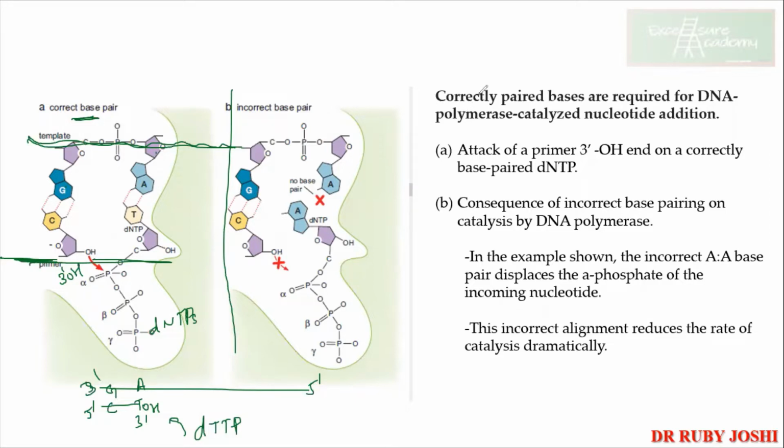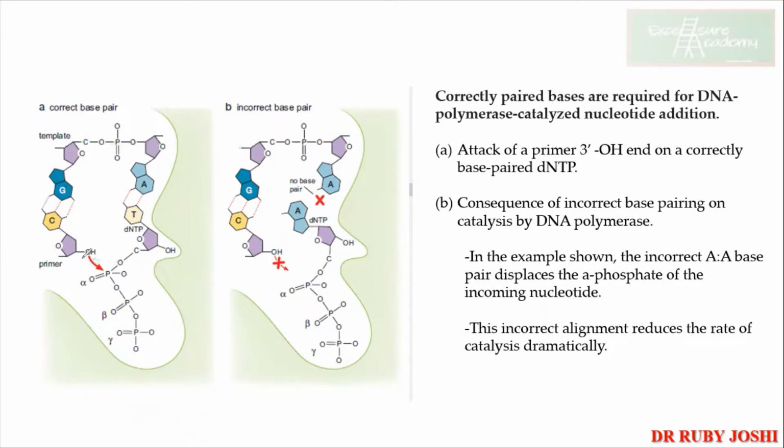Okay, so in yesterday's lecture, we talked about how the 3-OH, the oxygen, is attacking at the alpha phosphate, right? So we discussed the SN2 mechanism. Now you can see over here, same thing. The 3-OH is attacking at the alpha phosphate. Okay, now what is happening? Then it is possible for the